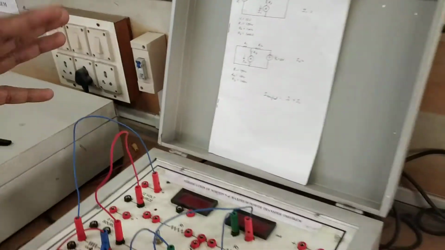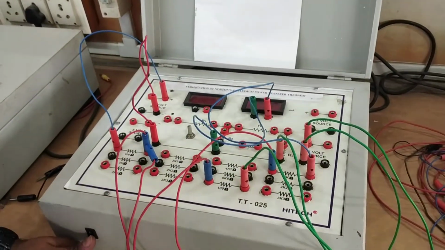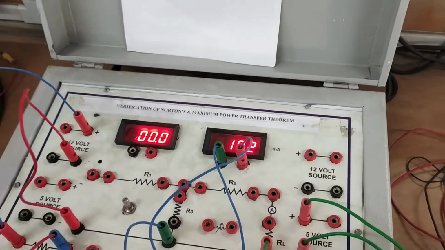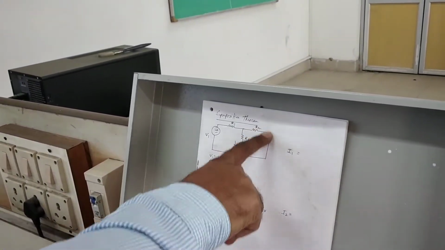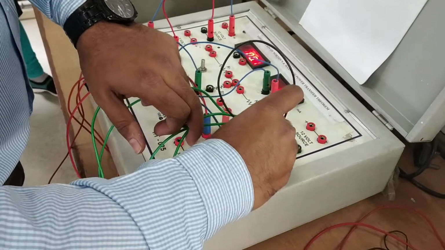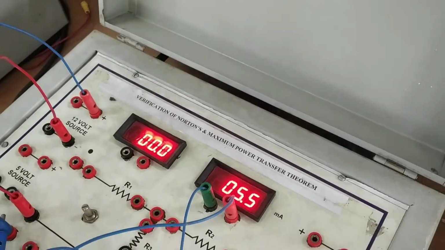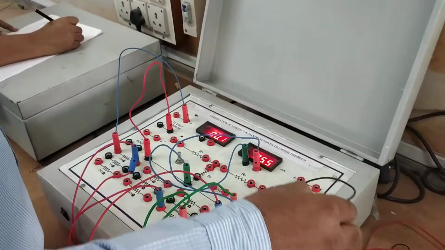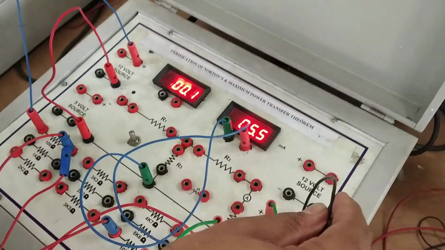We have the same circuit here, which was developed at the very early stage, and the current you see is 10.1 milliampere. Now, if you short V2, that means you just short this source, and your current comes to 5.5 milliampere. What has been done? Just V2 has been shorted by this wire.